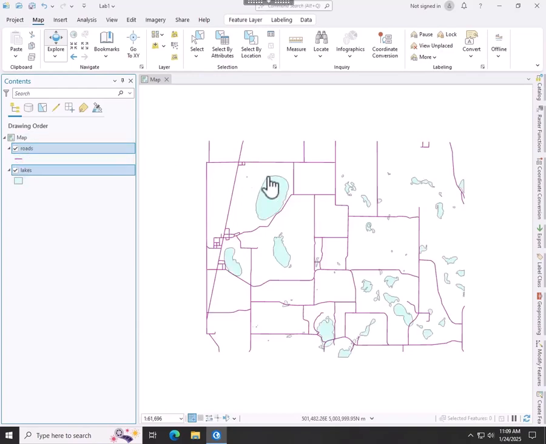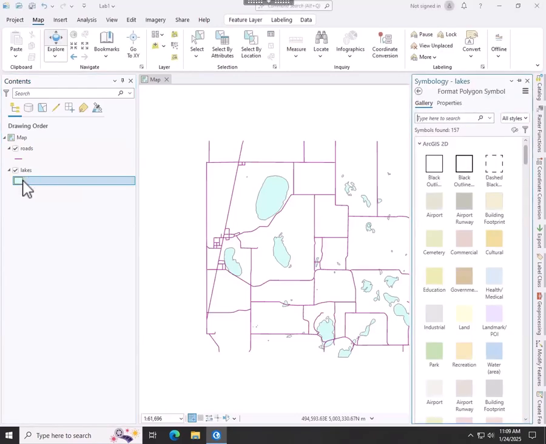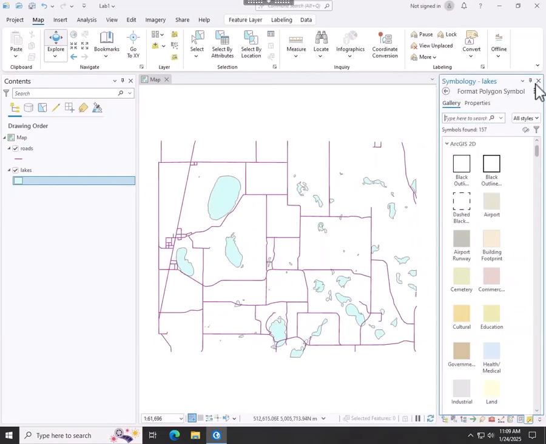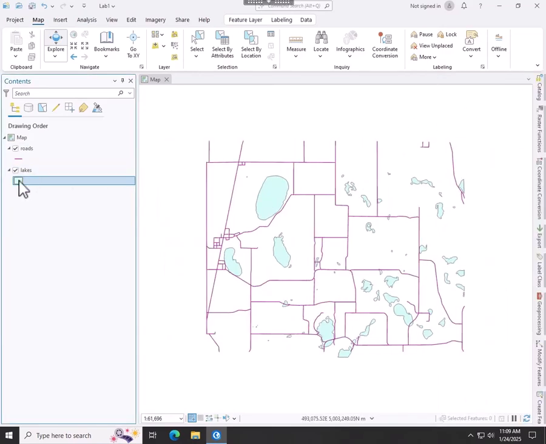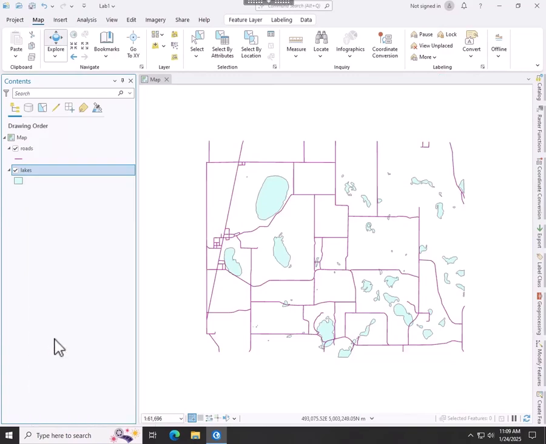And you could also change the colors of them, and there are two different ways of changing the colors. One is to just double click on the color tab, and it brings up the color information for this, called symbology. The other way is to select the layer, not the color, but the layer, and left click and right click and go down to symbology.